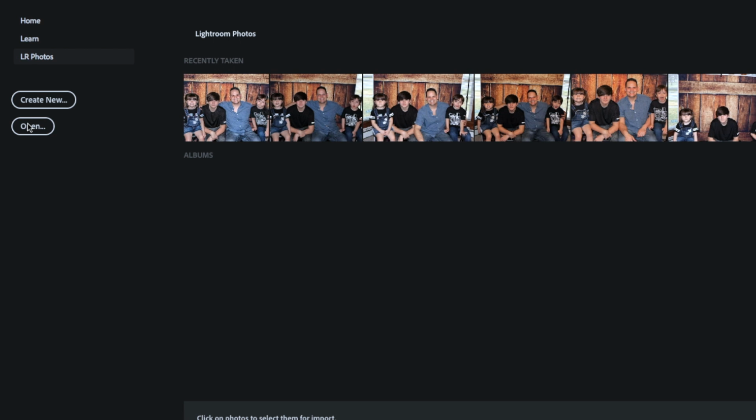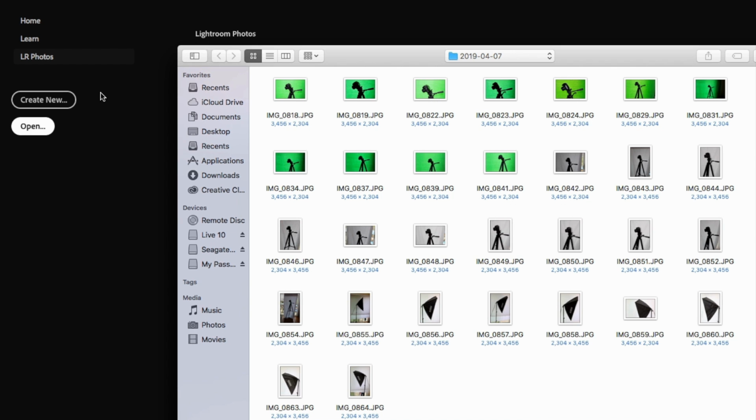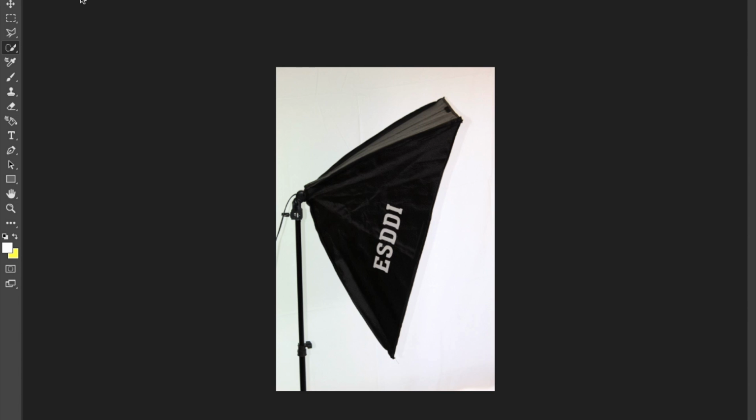Open up Photoshop. Bring up the image you want. We're going to cut out the background of the white. Click on this tool right here,